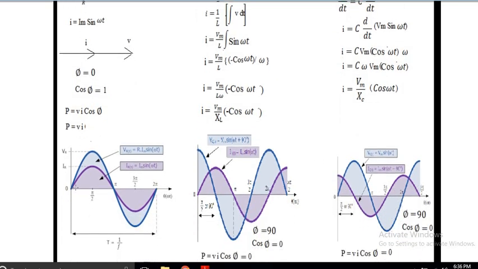You can see in the waveforms also that V is starting at 0, going to maximum and coming to positive 0. Current is also starting at the same point, going to maximum at the same point and coming to positive 0 at the same time. Voltage is going to negative maximum at 3 pi by 2, current is also at negative maximum at 3 pi by 2, and again 0 at 2 pi. So current and voltage both go hand in hand. That is the speciality of resistive circuits, that voltage and current are both in the same phase. So there is no phase difference. So cos phi is equal to 1, that is unity power factor.